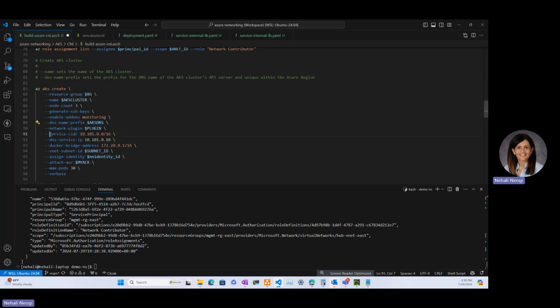And the service CIDR is nothing but the cluster IP or the cluster network that you saw in the diagram. This DNS service IP is used for DNS resolution, and it is used by CoreDNS to provide DNS resolution within the cluster. So that's what this IP is. And then we have the subnet ID, and then we're going to have a maximum of 30 pods. And this is the verbose flag. It's good to have this command kicked off using the verbose mode so we know what's going on. So let's go ahead and kick off this